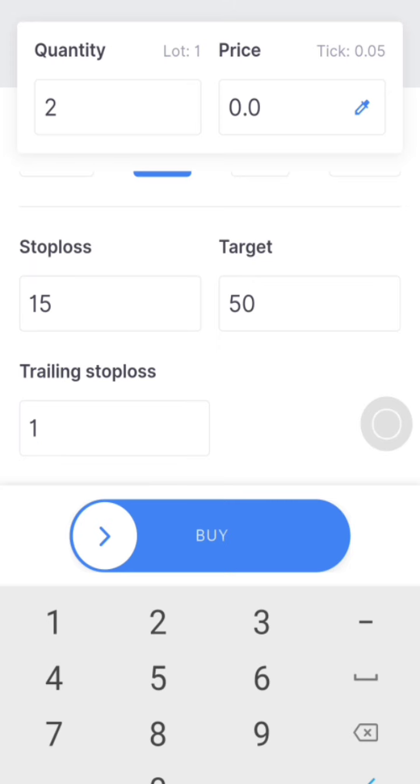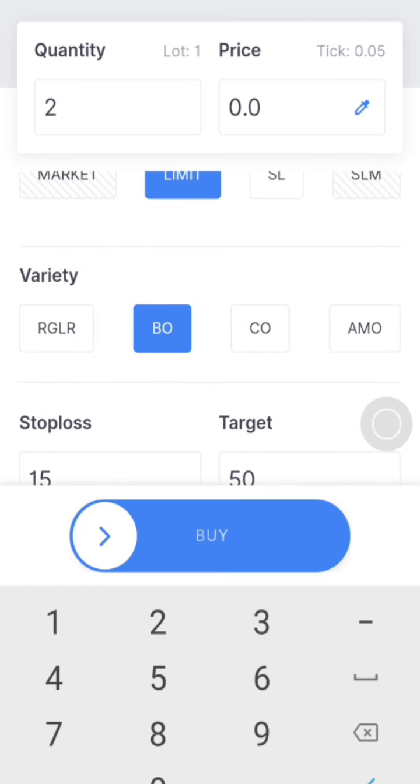So let's say you purchase the Bajaj Finance at 2400 and it reaches 2401. As it keeps on increasing, the stop loss will also keep on increasing. Okay, 15 will become 16. But in case the price is coming down, then the stop loss will remain the same and it will book the loss at the same price. That's why we put a trailing stop loss.